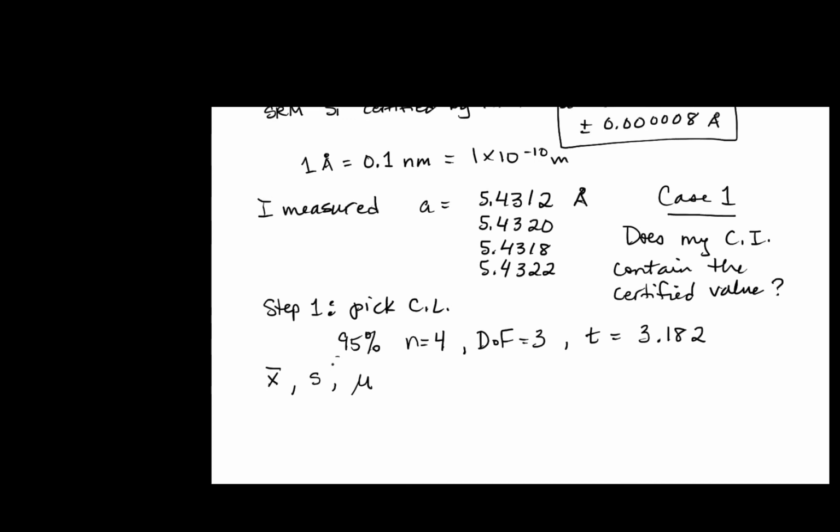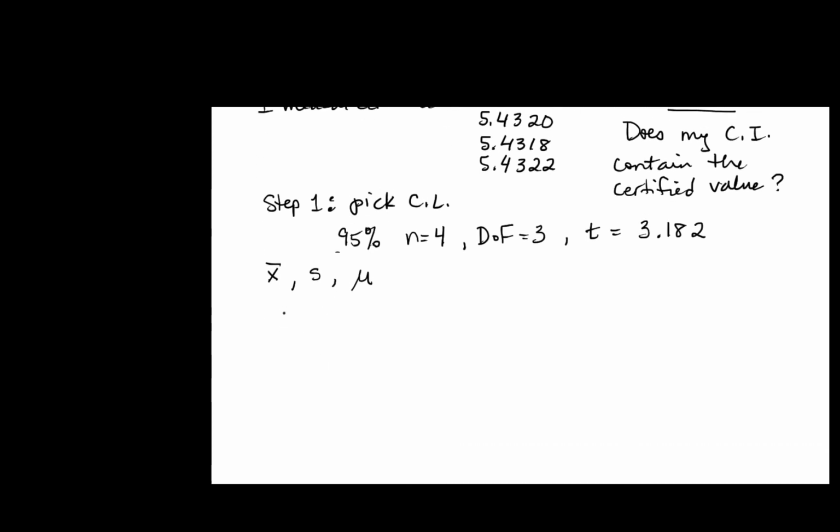Okay, hopefully you had time to calculate the confidence interval. So when I calculated it, hopefully I did it right, I got an average value of 5.4318 angstroms, a standard deviation of 4 times 10 to the minus 4 angstroms. And then I calculated my confidence interval to be 5.4318 plus or minus 0.0007, or 7 times 10 to the minus 4 angstroms,